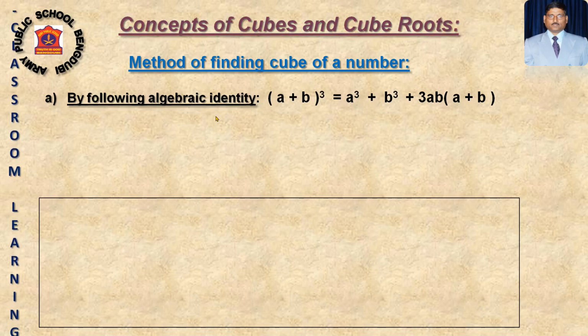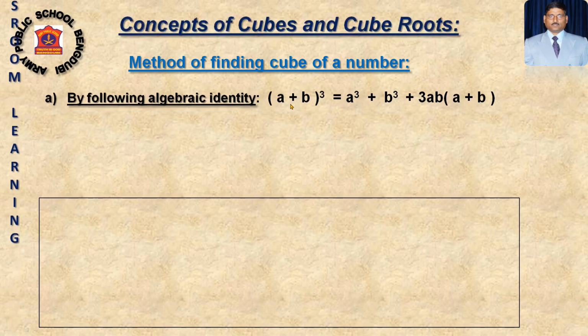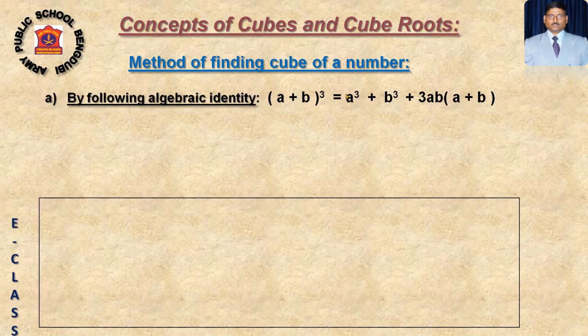So, by following an algebraic identity. Already we have done algebraic identities like a plus b whole square; in the case of square and square root, we have applied it. Here I am also giving you some identities in addition to the 4 standard identities I have given already. You have to remember those identities very nicely. One identity is a plus b whole cube. When a number is in the form of a plus b whole cube, we can arrange it as a cube plus b cube plus 3ab into a plus b. This is the expression for a plus b whole cube.